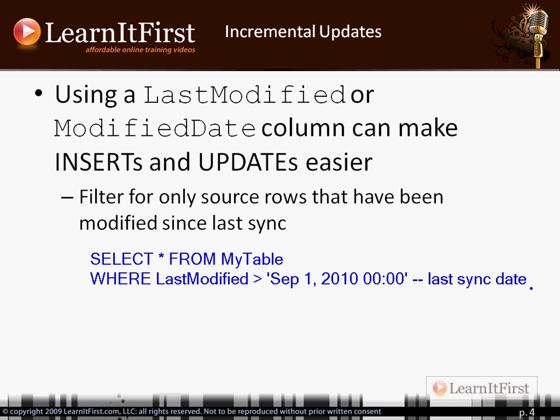Now the problem that I have in a situation like this is, I don't really know, was it added or was it updated? And so if this is your only marker that you have, often you will delete any rows at the destination that match the primary keys in this set and then simply replace them with this set